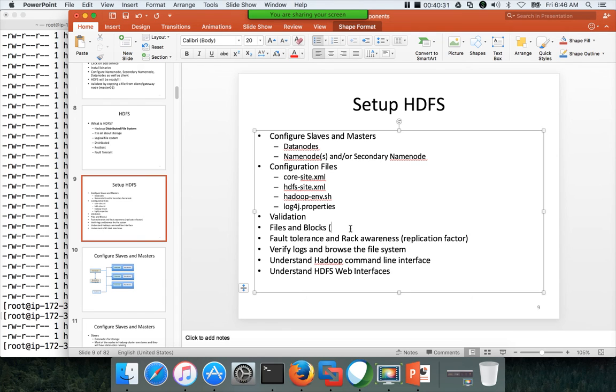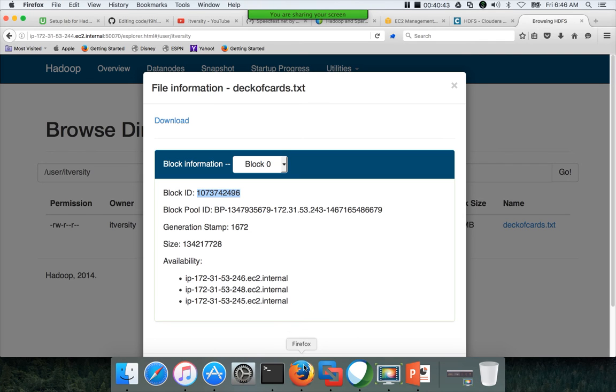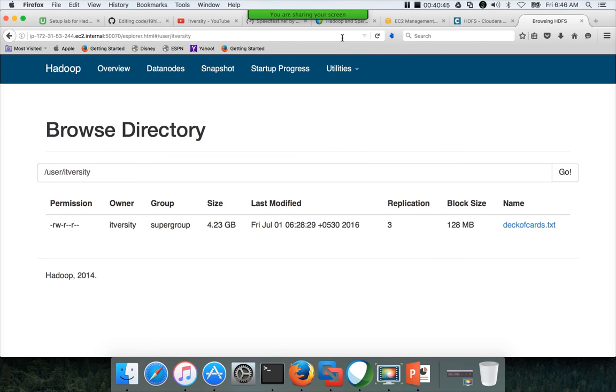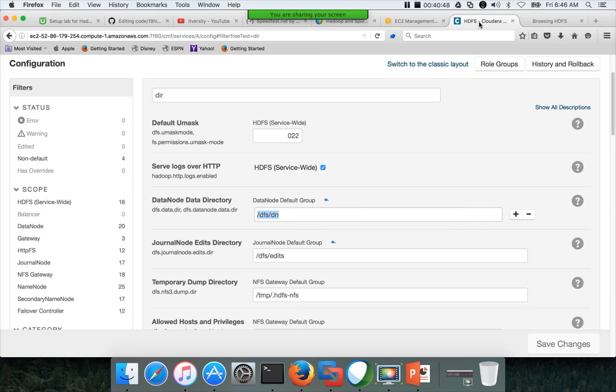So here it is about block size. Again, these are controlled by parameters in the hdfs-site.xml file, and the way you can get the parameter values is by searching for the parameter here.